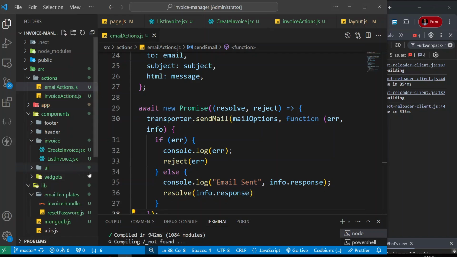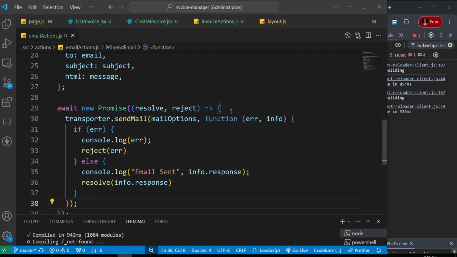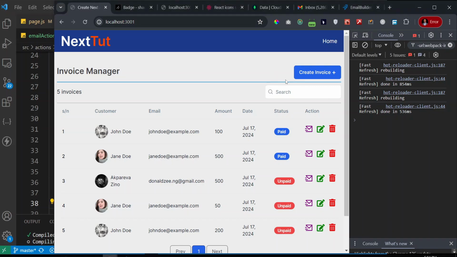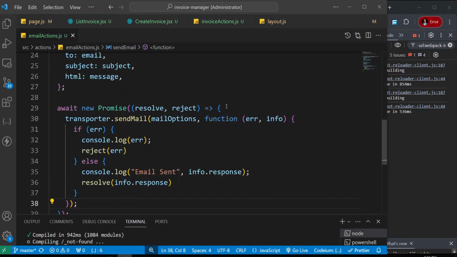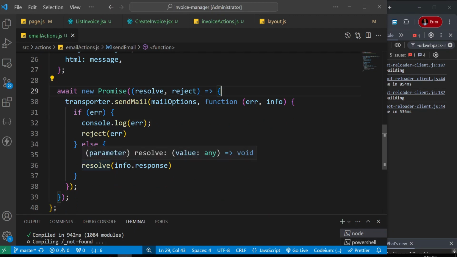All right, so now we want to wrap this thing up, but there's just one thing I want us to do before we proceed to create the email template. You notice that when we sent this email, we did not get any message. There was no way we could know that we had actually sent the email. So instead of just sending this email in this transporter here,